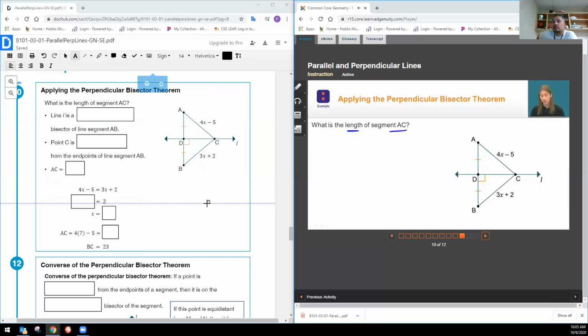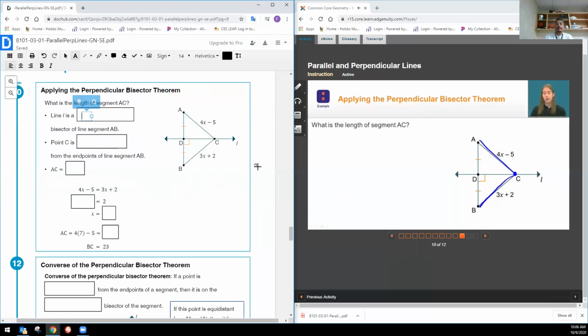If we look closely at this diagram, I can see that the distance between A and D is equal to the distance between B and D because those line segments are marked as congruent. Furthermore, I see a right angle marking. So this tells me that the line L is a perpendicular bisector of line segment AB. And furthermore, since point C is a point on line L, I know that it must be equidistant